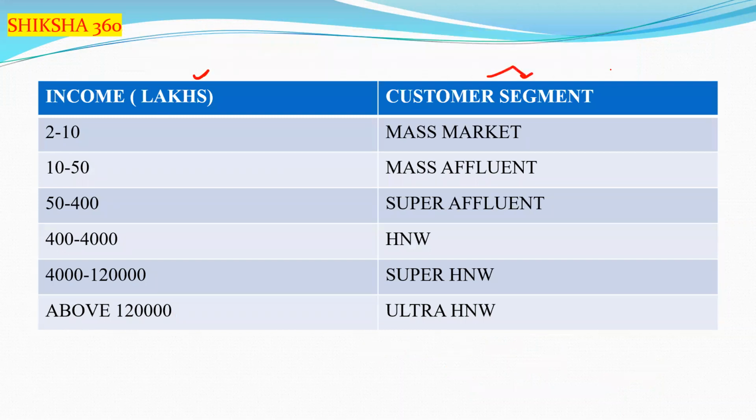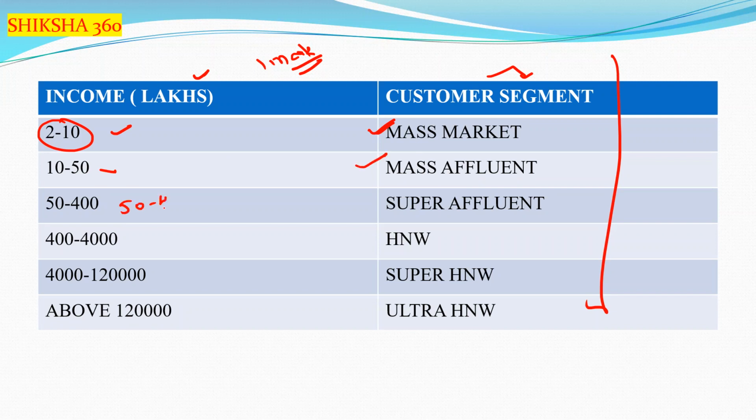This is the customer segment. From this table there are chances of a 1 mark question. We can see that under the income of 2 to 10 lakh we have the mass market, under 10 to 50 lakh, mass affluent, and 50 to 400 lakh,